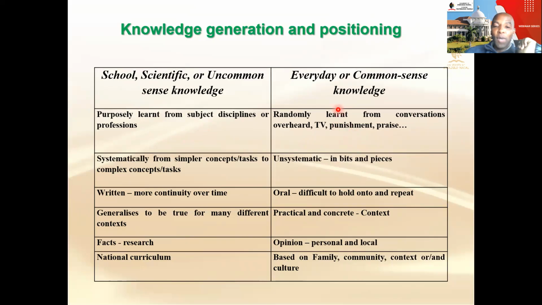At the same time, if you were to come from the everyday knowledge, which is common sense knowledge, you can get that from conversation with other people, your friends, TV, etc. So it's not that structured because you can get it anywhere. Wherever you go, you can get it from there. That's what is then called everyday knowledge. So, for example, when you read other chapters, you will see how everyday knowledge has been generated in South Africa, especially during curriculum 2005, since 1998.